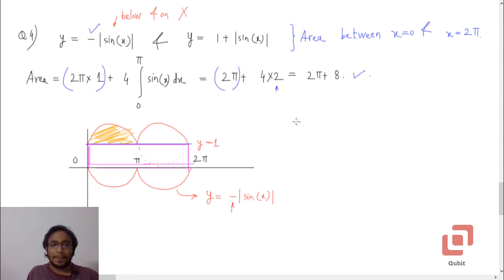Okay, well, to me this was a simple question, honestly, because there was no complicated integration involved, first thing. Second thing, the graphs were very simple. Had there been something like 1 plus sine of 2x or some 1 plus mod of sine 2x, things could have been slightly different. Then in that case we couldn't do this, 4 into that. So depending on that, the complexity of the problem would have increased, but fortunately that was not the case. Okay, yeah, so this was question 4.